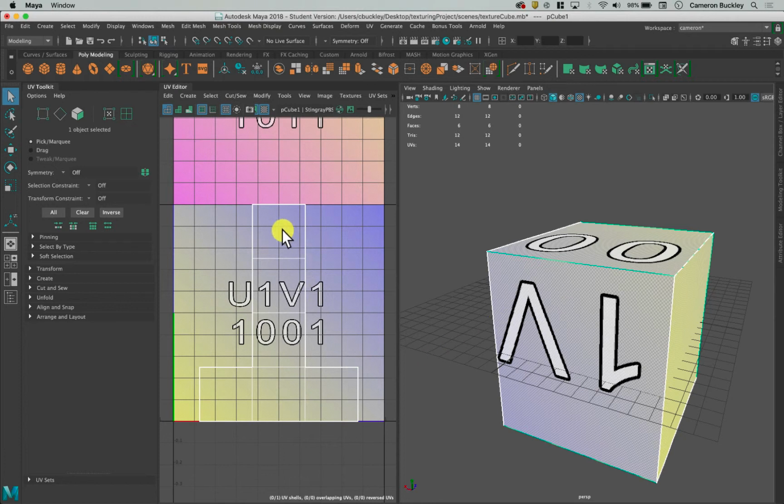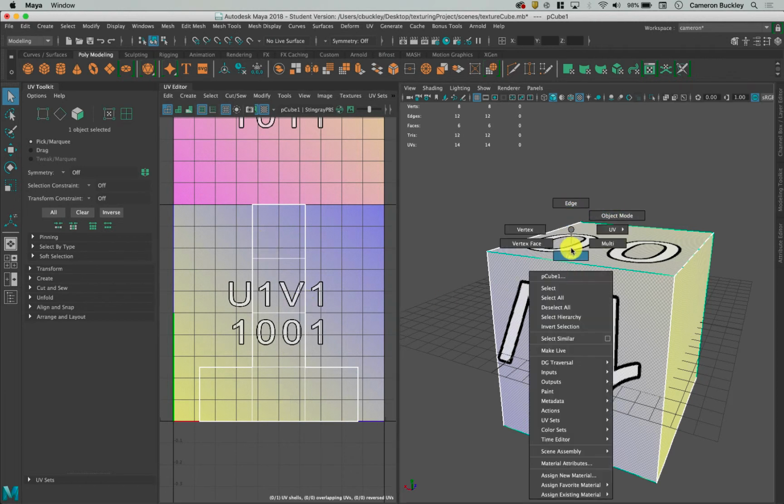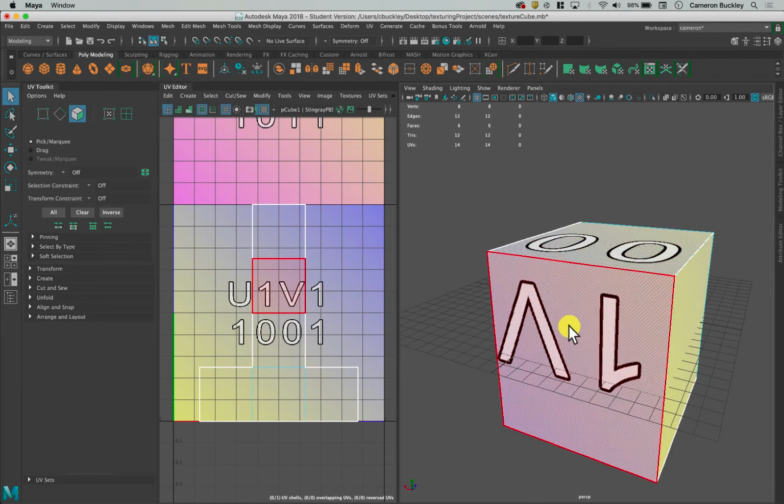So we can edit and move these UVs around in the UV editor, and you'll particularly want to edit these whenever you have a more complicated object, which I'll show you in just a second. So this object right now has its basic default UV layout. We can see how these correspond to faces on our actual object. So we have a face up here and a face right here, and we can see how they correspond to